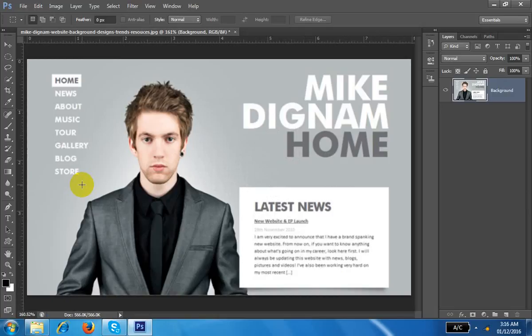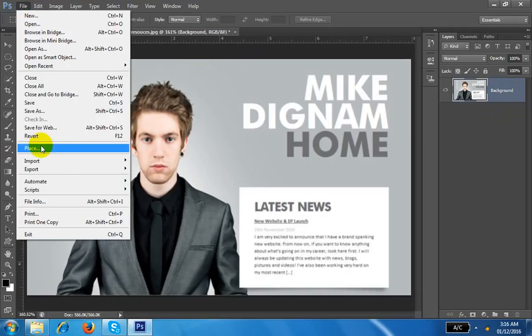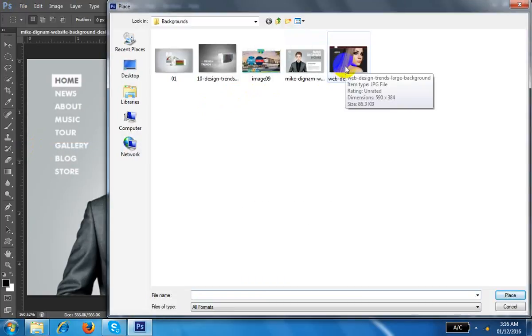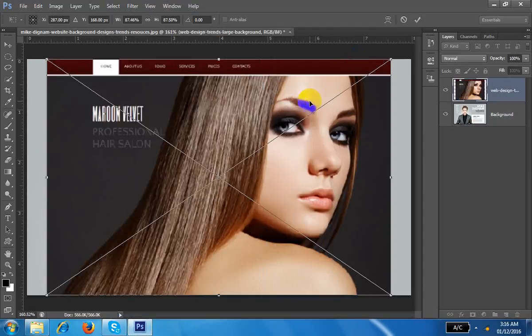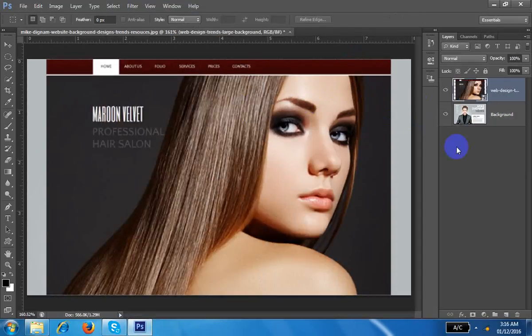Here I am showing you how to use Photoshop. I am not going to make anything, so that you can become familiar with it. Second one, every time if you want a new image, suppose you want a new layer here, how to open any other document here? You can go to File, Place. And suppose I need this girl here. Okay, so this is your new image, this is the second layer.